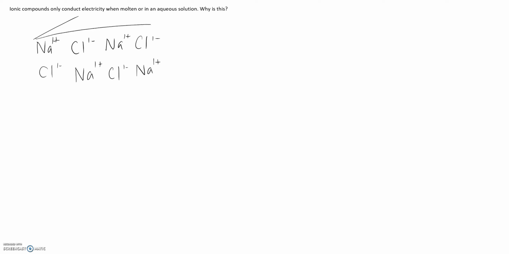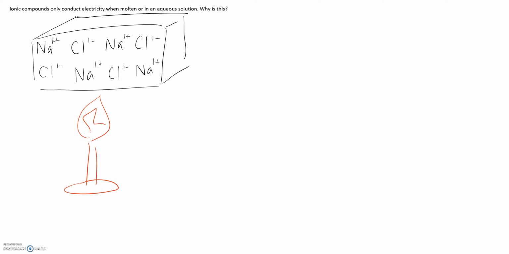So imagine this is going back. It's a chunk of salt. It's going back in 3 dimensions, and we've got it all nice and neatly organized. Now, if we wanted to make it conduct electricity or anything like that, it's not going to in the regular solid form. If I put 2 electrodes up to a chunk of salt, I'm not going to get it to conduct electricity. But the moment that I start heating this up,